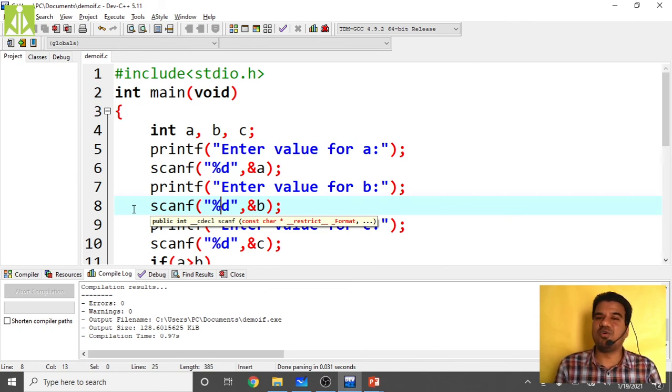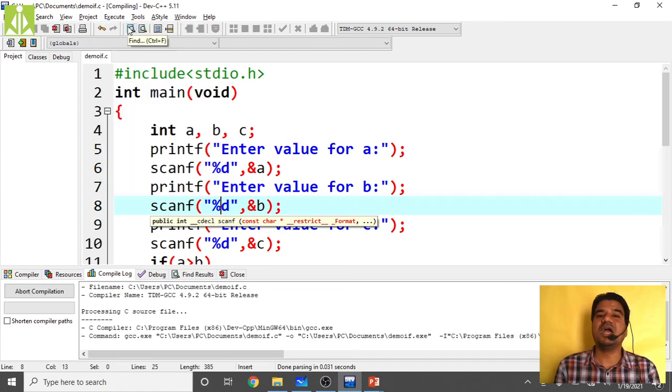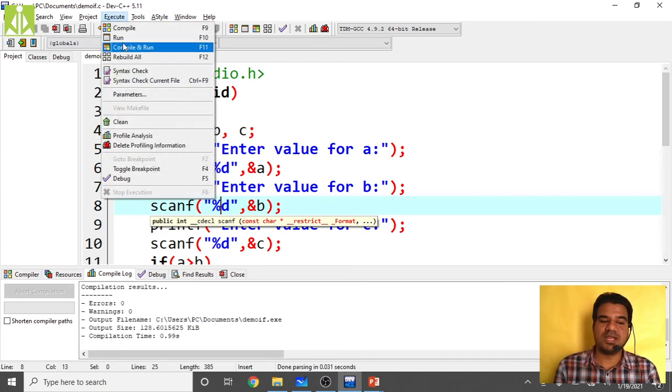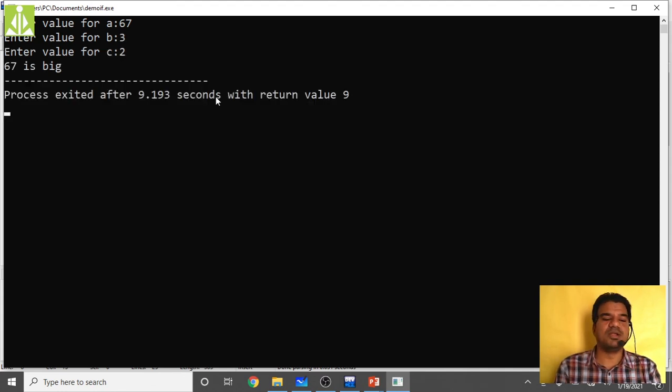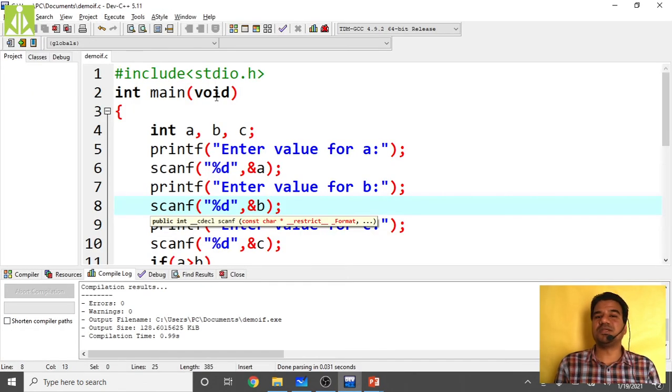Whatever values you give, only one value it is printing as the big value. So it is selecting only one possible path among the different paths. So again compile, execute and see. Enter value for A 67, value for B like 3, value for C 2. So 67 is big. Like this it is printing the values.